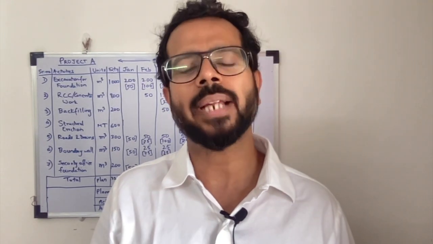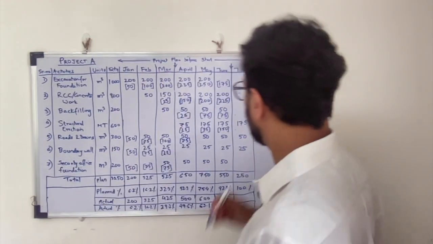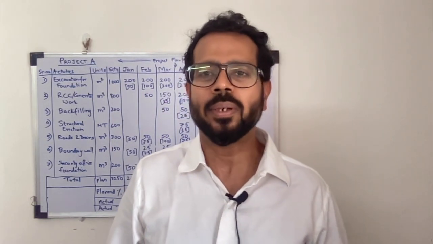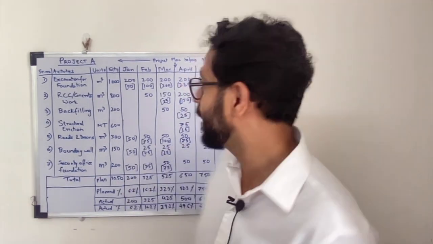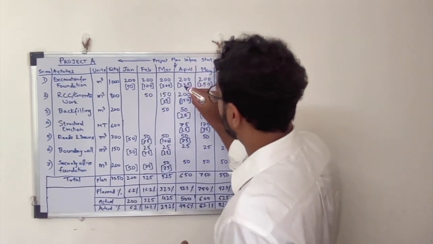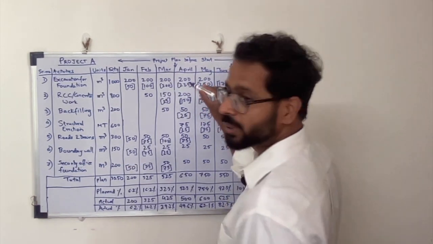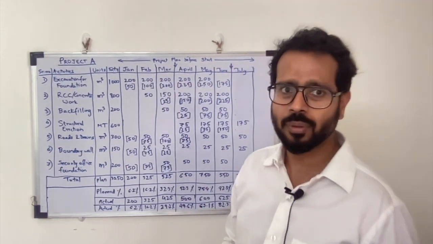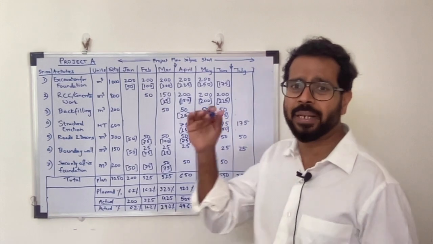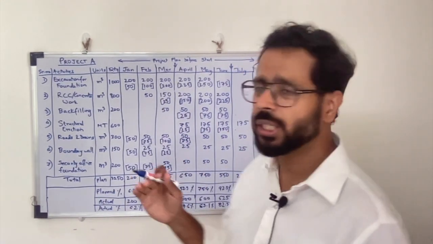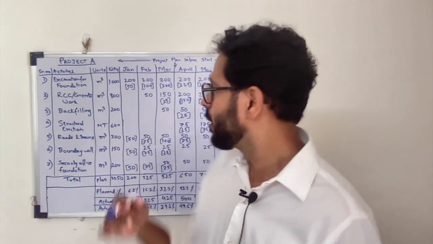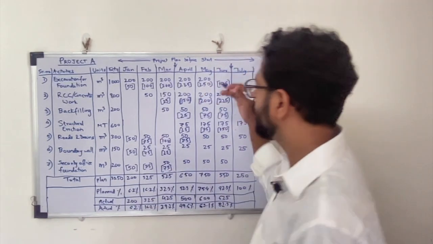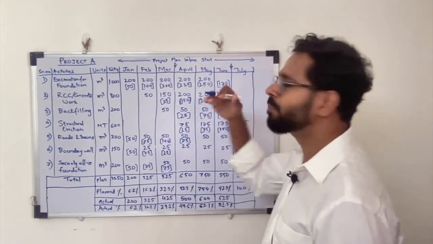Now let us review the project at the end of June. We are over here. The contractor has indeed tried to catch up by doing more work in the critical activities. You see in the months of April and May, he has done more than what was planned for the excavation work. But there might be an upper limitation due to various factors such as equipment, mobilization, resources, presence of other contractors, productivity issues, where he cannot go beyond a particular level.